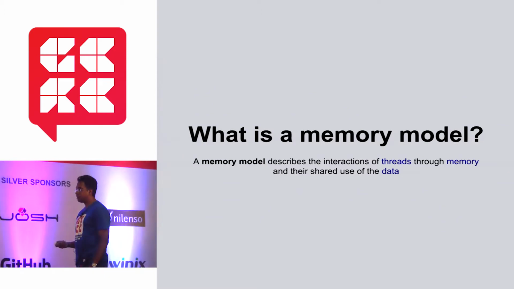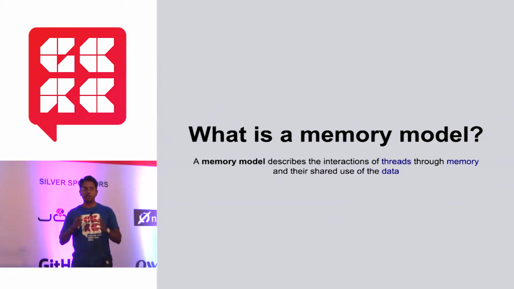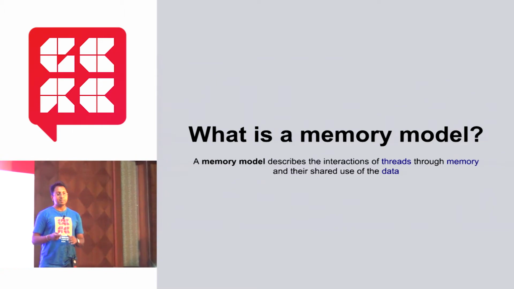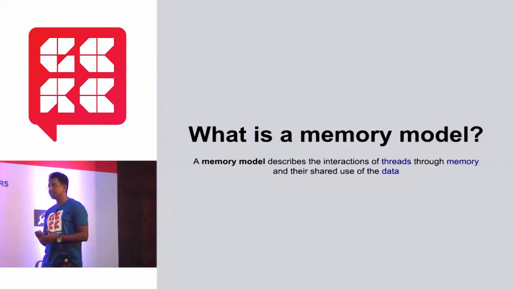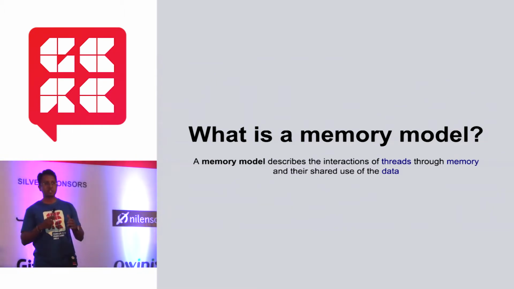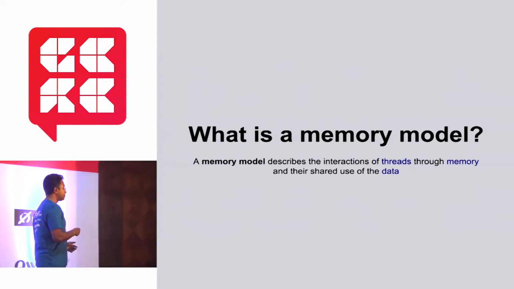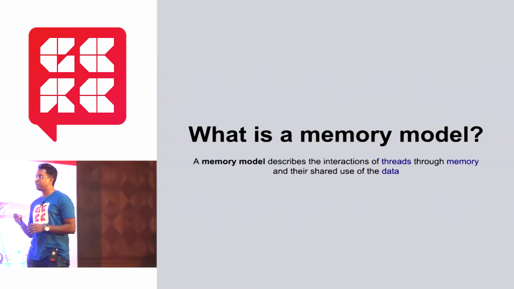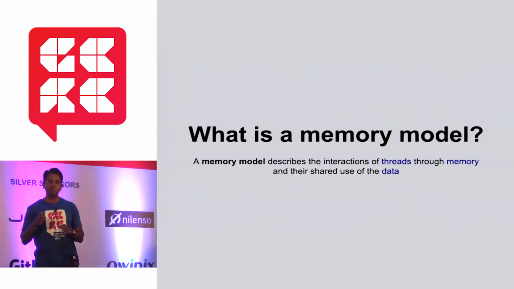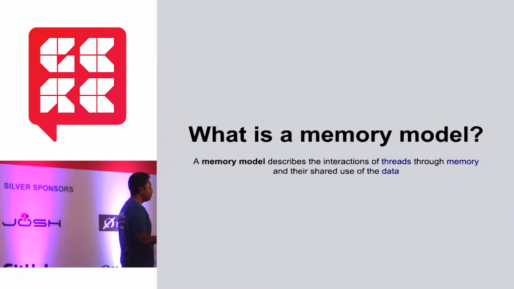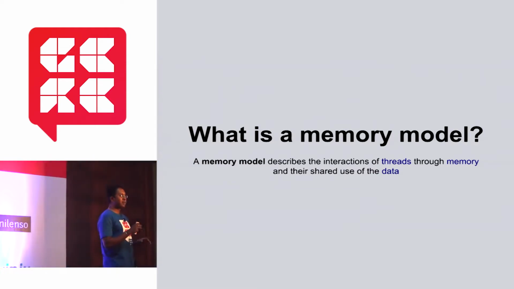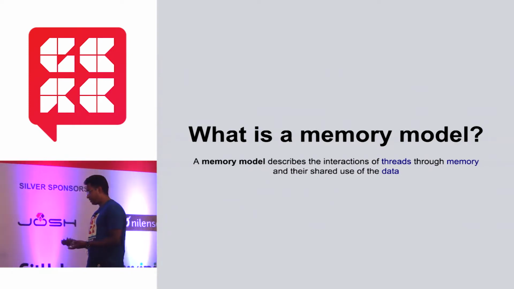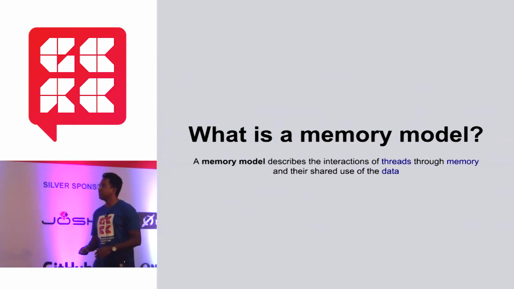When there are so many complications with the reordering, the reads and writes of memory and things like that, as a programmer, you need certain guarantees from the programming language and the virtual machine you're working on top of to say this is how multi-threaded access to shared memory is going to work. These are the basic guarantees and these are the simple rules of how the system works, so you can reliably code against that, right? So in effect, a memory model is just a specification.